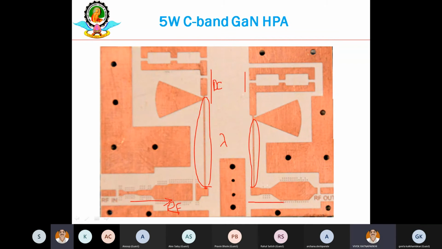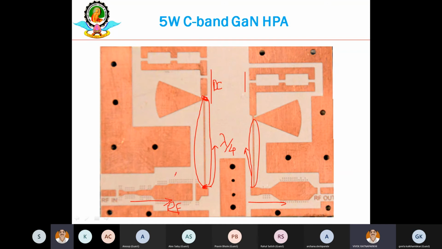And this is again the RF line also, right? Input and output side. So when RF is traveling from the input side and going to the transistor input, or from the transistor output terminal to the load side, you expect that RF should not go to this side, means it should not go to the DC. So what will happen if RF is trying to go here? This point is actually short for RF, right? So if you have the distance of lambda by 4, that short will get converted into an open. So this point will actually be open.